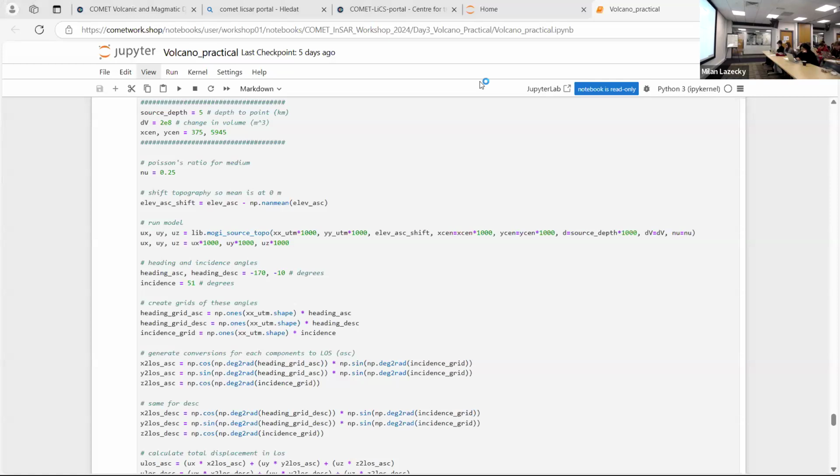How do we know the best choice for the parameters? So the best choice for the parameters are the ones that minimize the residual. So you're trying to minimize the residual. The residual is the difference between the model and the data. So the best choice is two things. It's a model that's realistic. So if you're saying that your magma chamber is super shallow but super big, or super deep but super small, that's not realistic. So it's realistic to the volcano setting and then minimizing the residual.